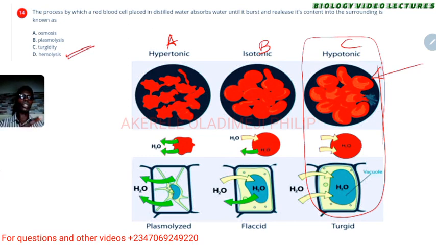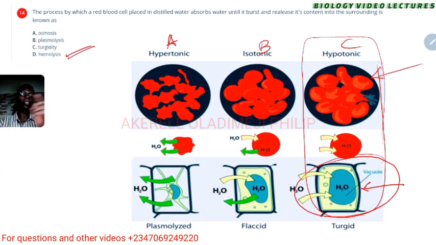Now let me explain something. You probably see that down here the plant cell will not break. Why won't it break? Because it has a cellulose cell wall which is rigid, which is hard to break. It's just going to stretch out that way and it won't burst, because the cellulose cell wall is very rigid.